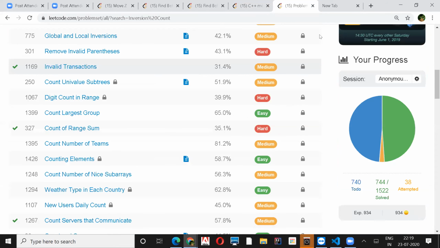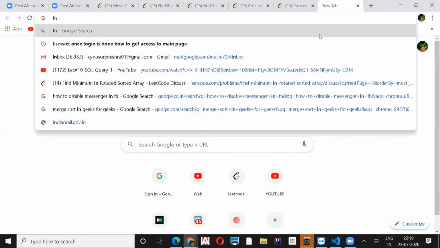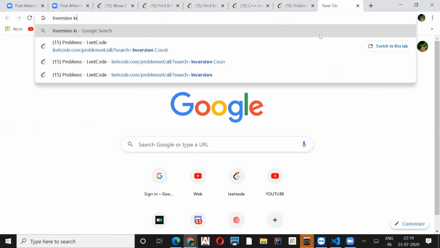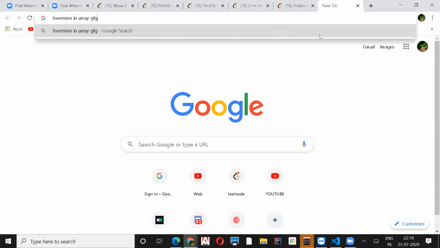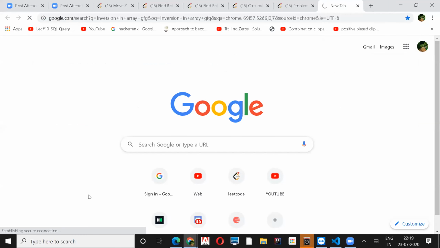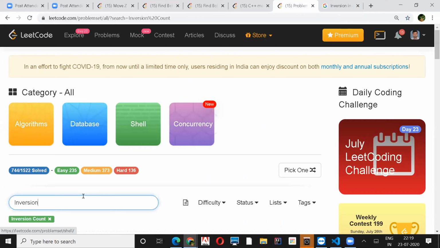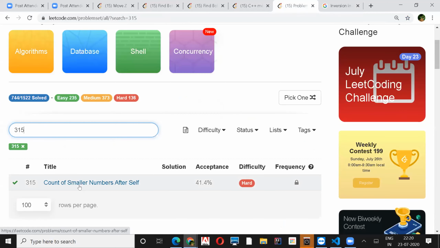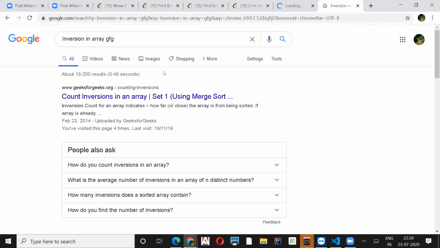LeetCode problem 315. It is the same problem. Yes, this one. Yeah, this one I was talking about. Count inversions using merge sort.